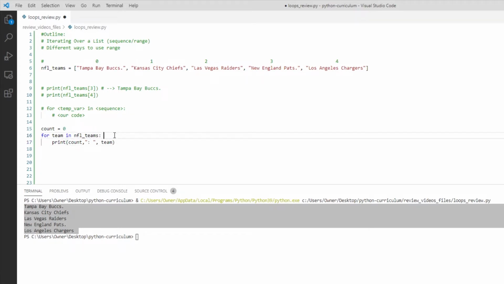So essentially what I want to get printed out is something like count. Oh, let's start count at 1. So I wanted to say something like 1 colon Tampa Bay, and the same thing with the rest. So 2 colon Kansas City, and so on. Just like that. Now if we run this,